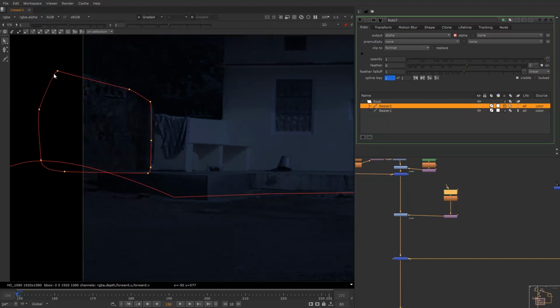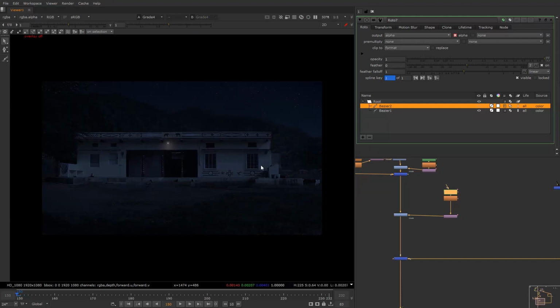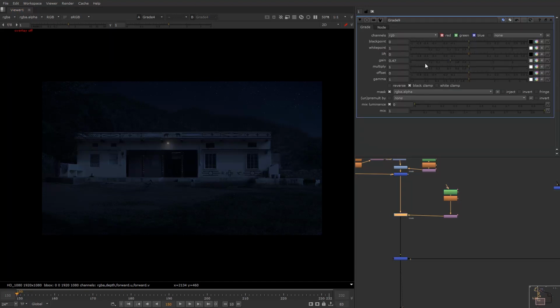We'll take this down. Cool, we can just take it more, and lift the black slightly. Okay, so taking it down, lifting the black, making the house a really major source of